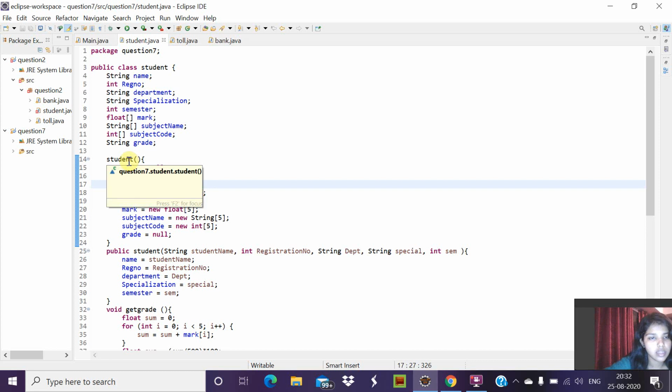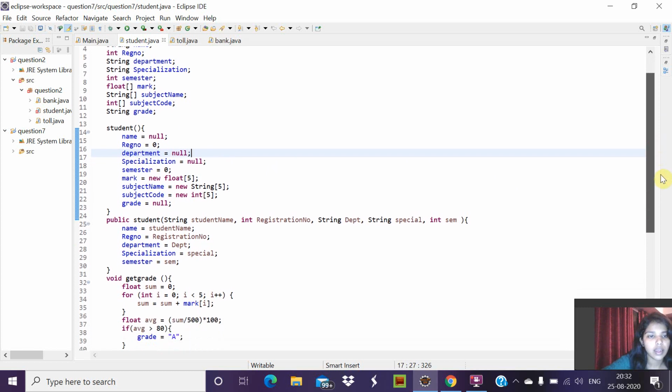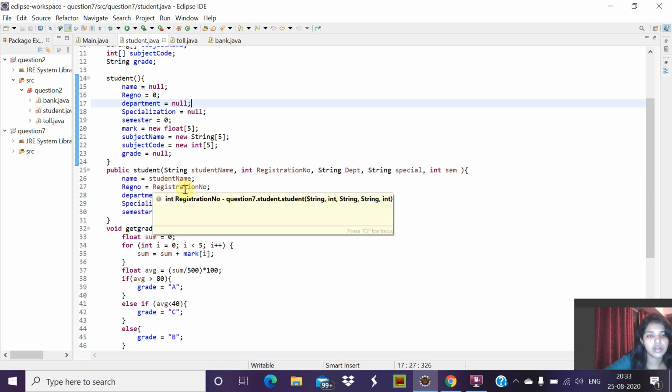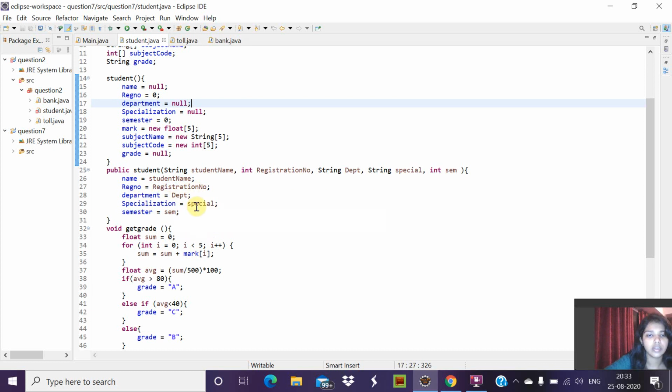And this is the constructor, and we'll initialize all these things inside the constructor. Then this is also a constructor where we'll keep student name equal to name. We'll store registration number into reg number. All these details will be stored into the particular variables.